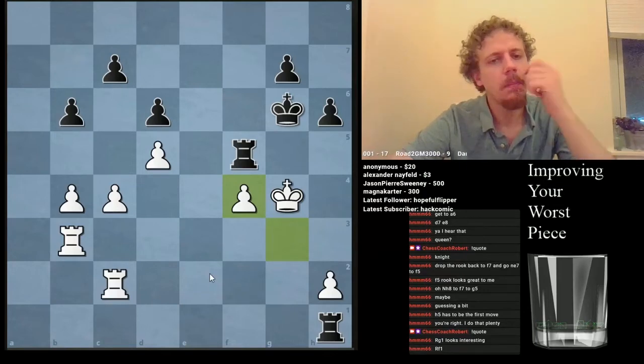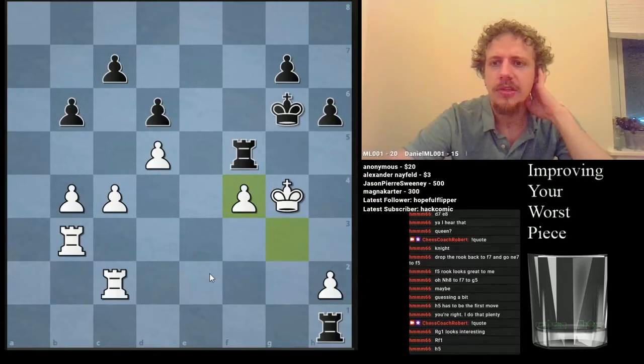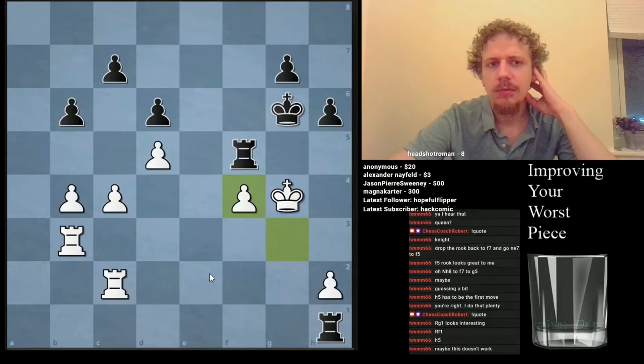Rook F1? What if they play Rook F3 after Rook F1? Your rook's hanging after, like, King G3. So is it worth it to play H5 at this time? If you play H4, I'll play King G4. I'm not sure. Well, maybe